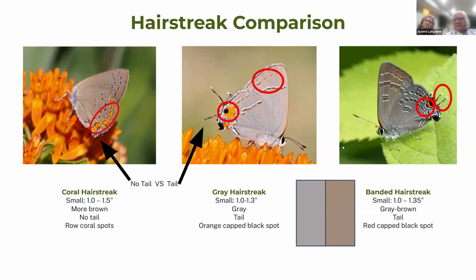Okay, then we get the banded hairstreak. The gray hairstreak is much more common than the banded hairstreak. And I see the banded hairstreak more at Fontenelle Forest than I do at Lawrenson. And so it kind of likes the forest part. It has these nice rows of bands, has a tail and the orange part, but here you can see the colors really are different. And these two, you really aren't going to mix up for each other. I mean, all three of these are pretty distinct in this area. You get to some other hairstreaks around and yeah, they might be a little bit more common, but these are the three common ones that you're going to see.